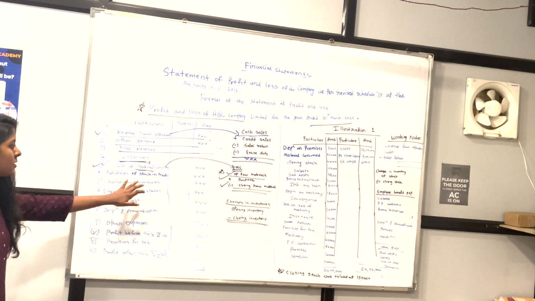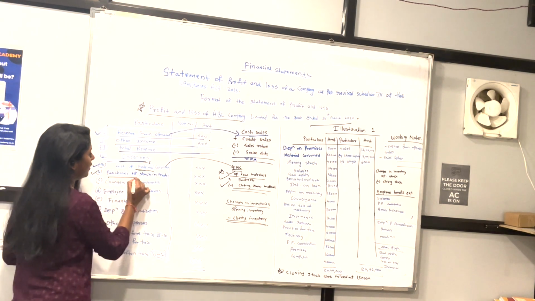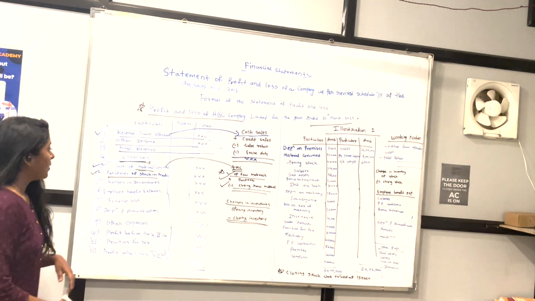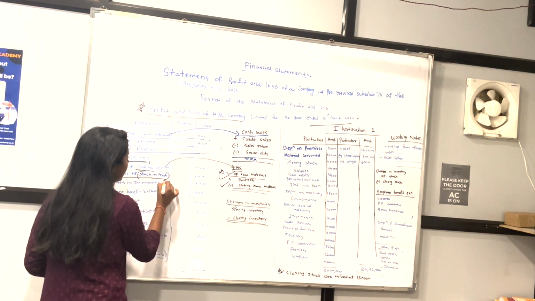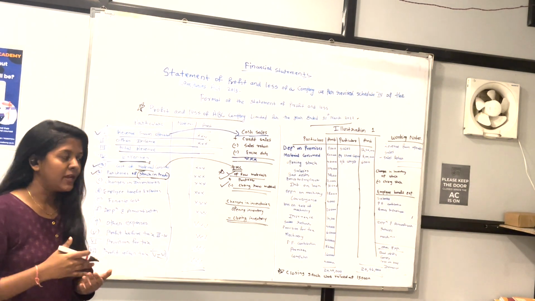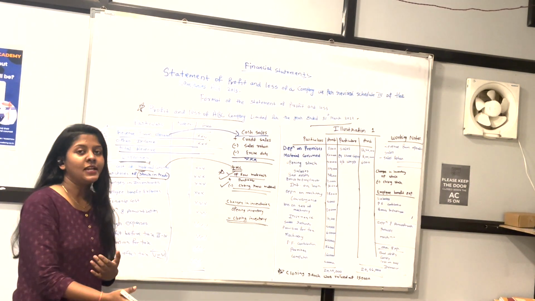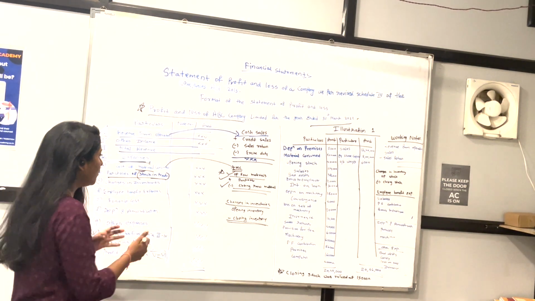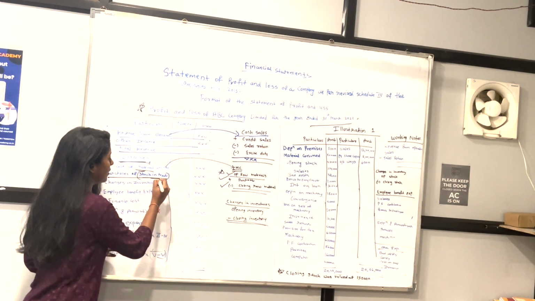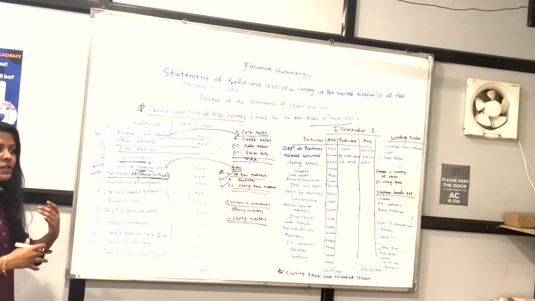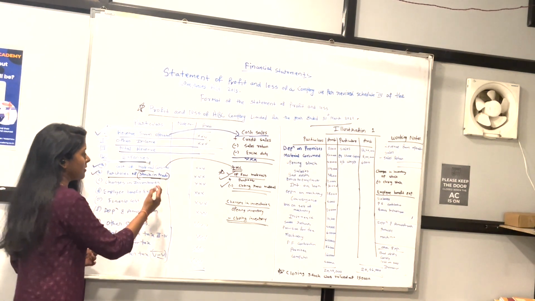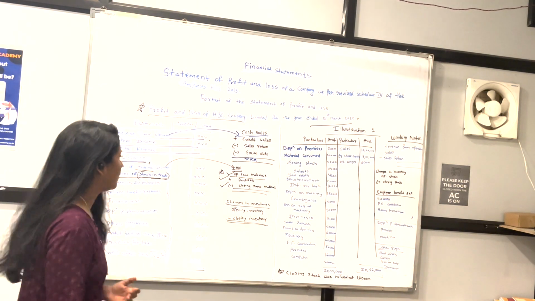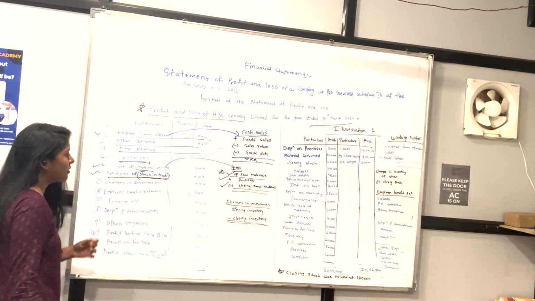Next thing, purchases of stock in trade. The second one, B part of expenses, is purchases of stock in trade. The meaning of stock in trade is that whatever purchases you have made, you will immediately sell. You will not keep it for inventory purposes. No, you will directly sell it. That is stock in trade. So whatever purchases are there, you will immediately sell those things. If I purchase oranges, then immediately I will sell those oranges. So that is the meaning of stock in trade.